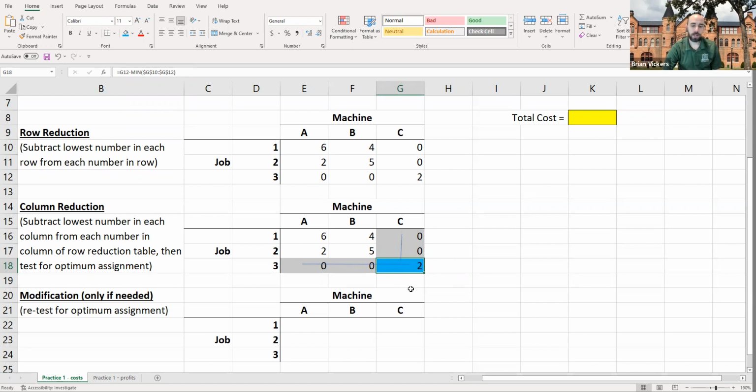And now I'm going to subtract that number from all the unshaded numbers. So 6 minus 2, 2 minus 2, 4 minus 2, 5 minus 2. And I'm going to copy that down to here. So to show my work here, you could do,